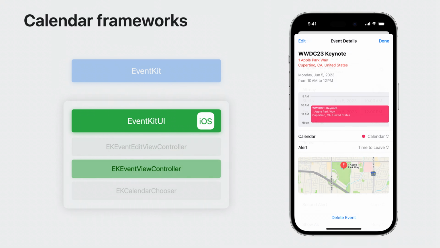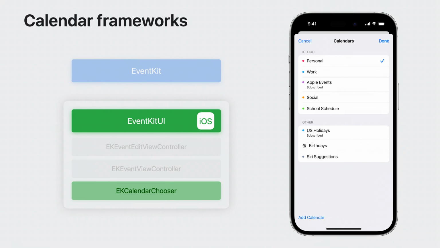The EK Event View controller shows event details. Use this to show information in your app about an existing event. And the EK Calendar Chooser shows a calendar list and supports either single selection or multiple selection. Use this to let people choose a calendar to add an event to, or choose which calendars should be visible in your app.